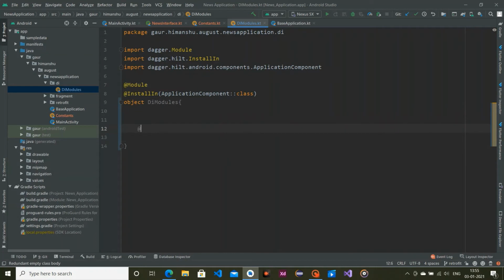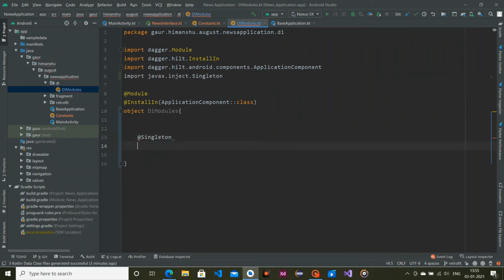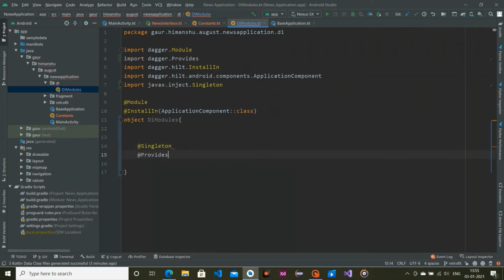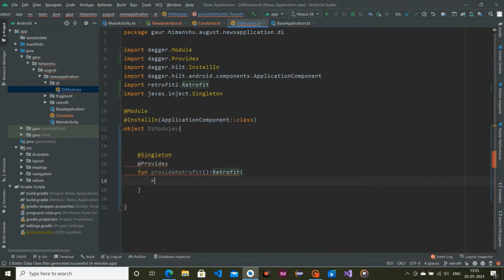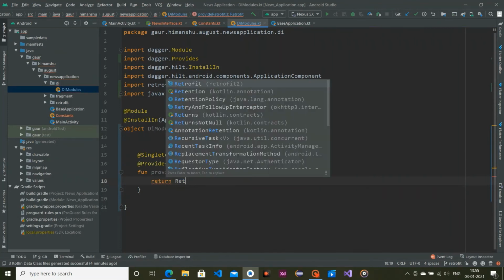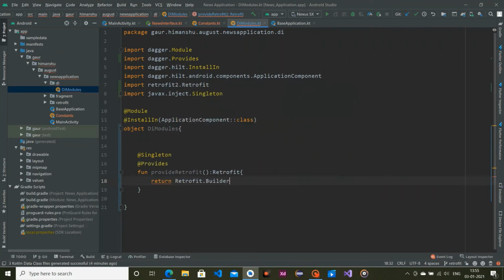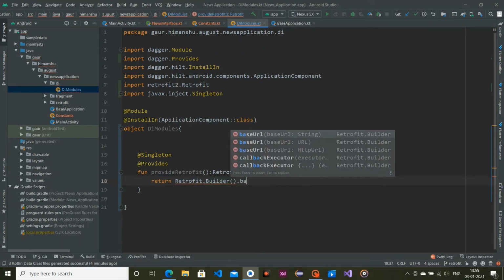Now it's time to use this. So create a singleton which provides our Retrofit. So provideRetrofit, and return a Retrofit, yes, this. So it will return Retrofit.Builder, pass a base URL in it.